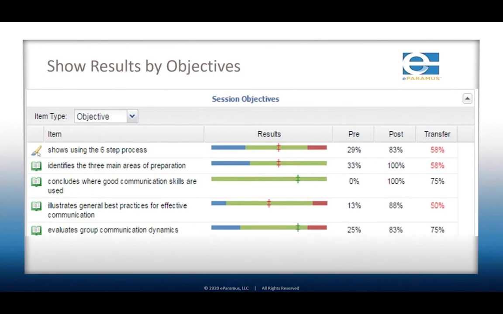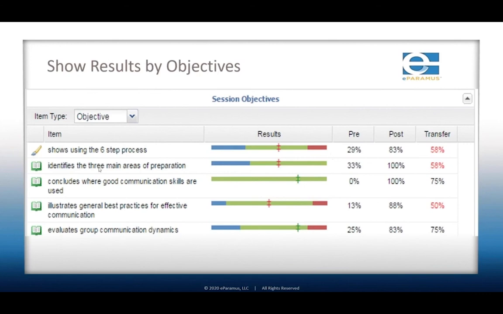This is saying that this is an observable behavior, showing the use of the 6 steps. These are critical thinking skills. So these are outcomes. When a learner looks at this, they get this report that says when they did their pre-assessment, they would have gotten just this blue that says these are the things I already know. All this other would have been what I need to know. Then when they did finish their course, they would have gotten this green and this red that said,